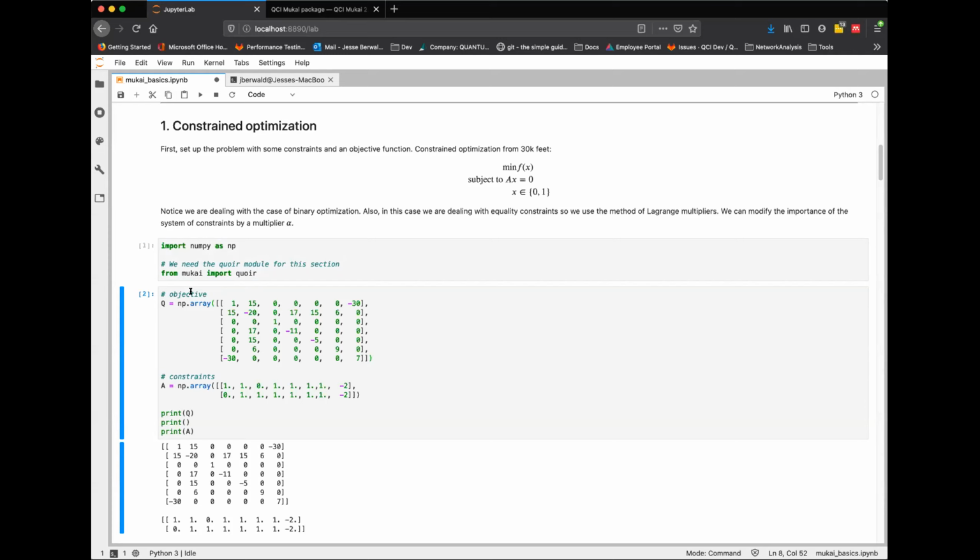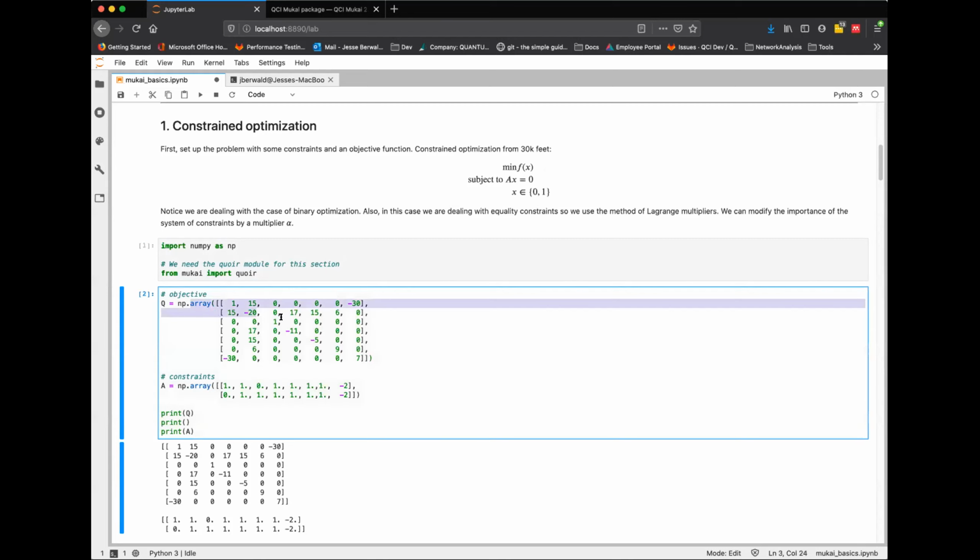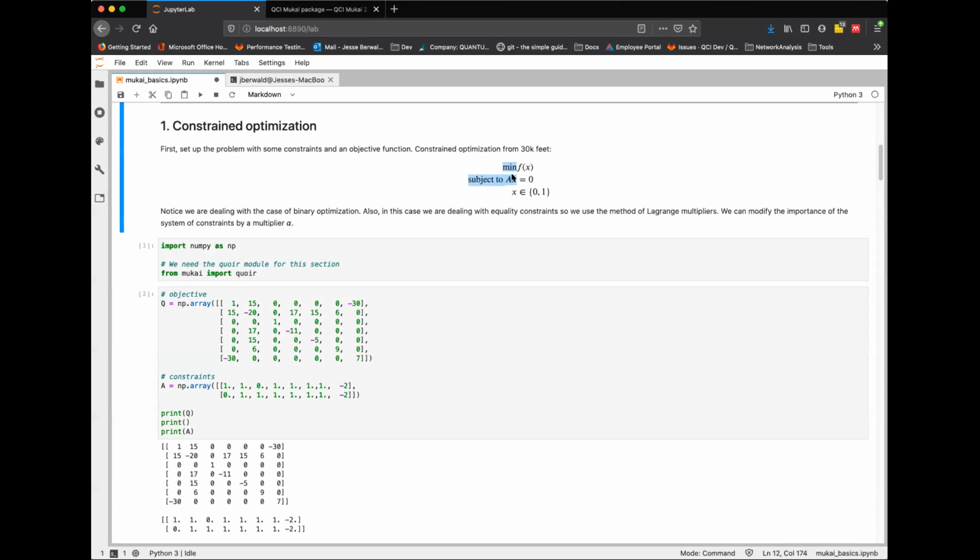This is a basic objective, also known as a cost function. If we step back up here, the basic constrained optimization problem is we want to minimize some f, which is our cost function down here, subject to some constraints. These are sometimes called combinatorial optimization problems, but we are dealing with binary variables.